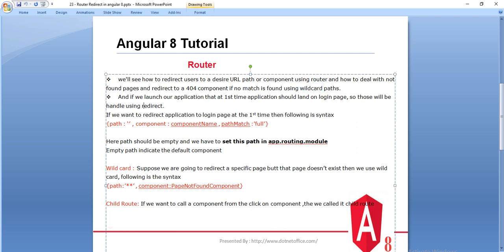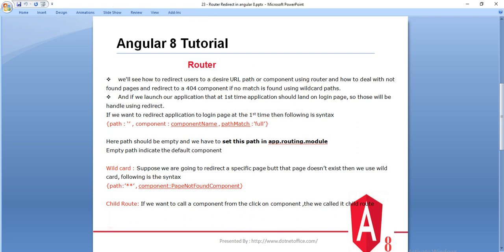For doing the redirect, this is basically the syntax. We give the path as empty, and we give the component name, whichever component you want to go to the first time, and we give pathMatch as full. All these things we do in the app.routing.module.